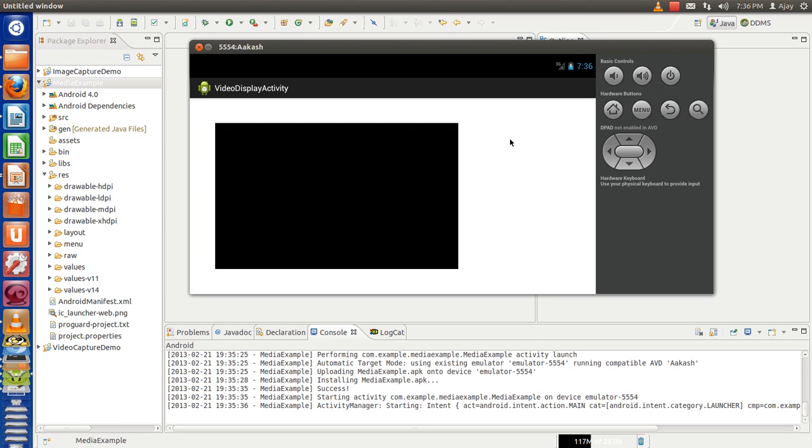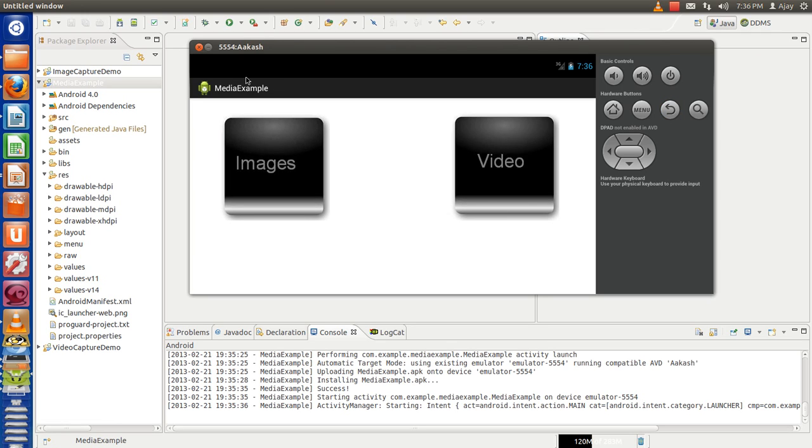But this works on the Akash tablet. This will work on any Android device. So my suggestion is that whenever you are dealing with videos, please check with an actual device. I will right now show you how it looks, how it is getting played on the tablet.